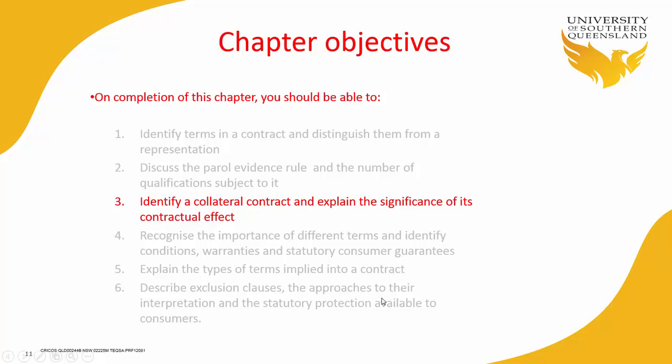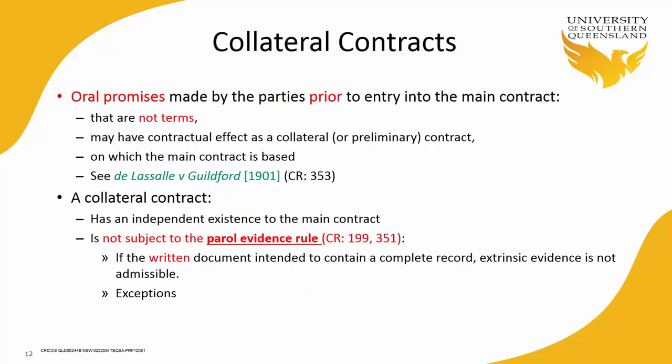Let's then move on to the third learning objective, and it says identify a collateral contract and explain the significance of its contractual effect. And that starts on page 352, where we say that there is the ability, so if there is a statement that promises the truth of itself, the truth of the statement, but this statement is not part of the contract, i.e. it's not a term of the contract, you can argue that, so this is a legal theory where you can argue that this statement